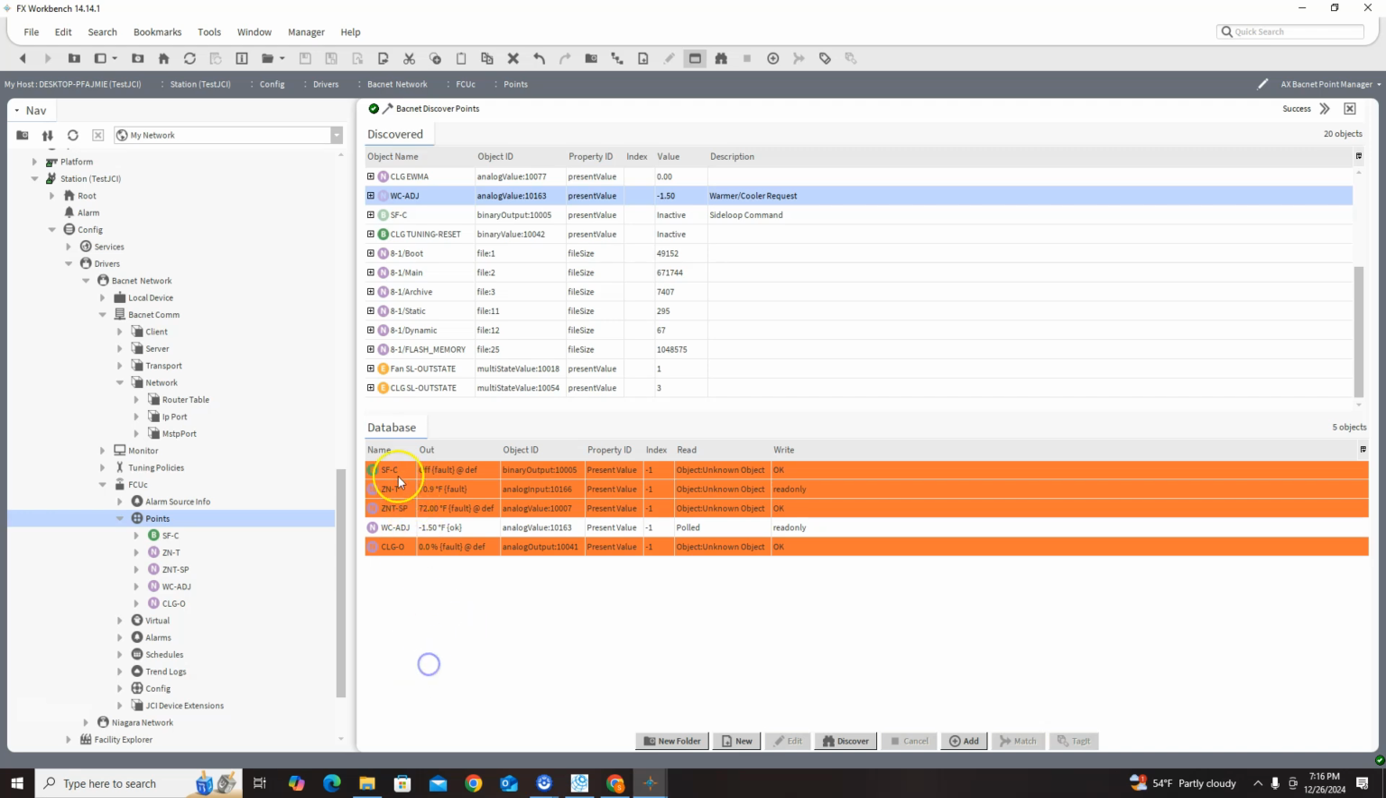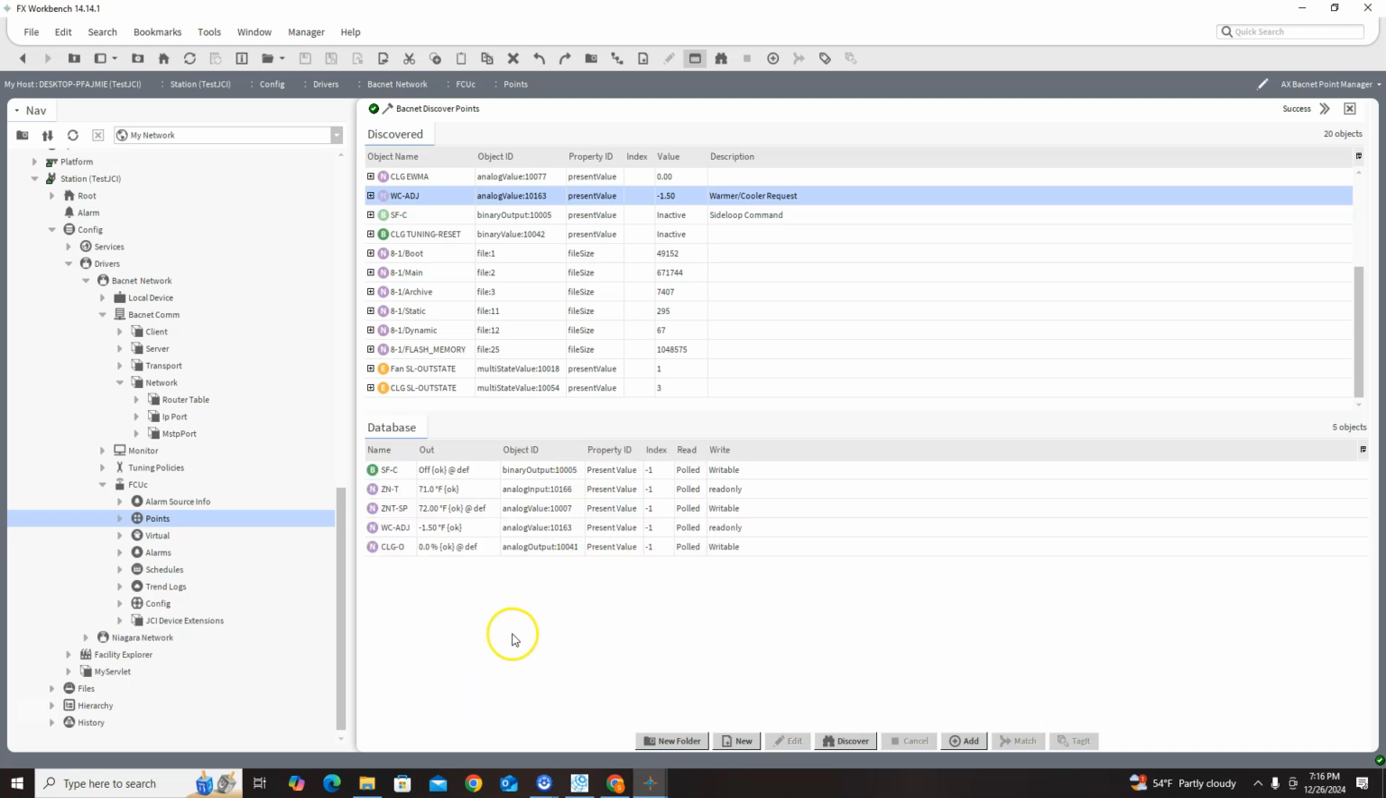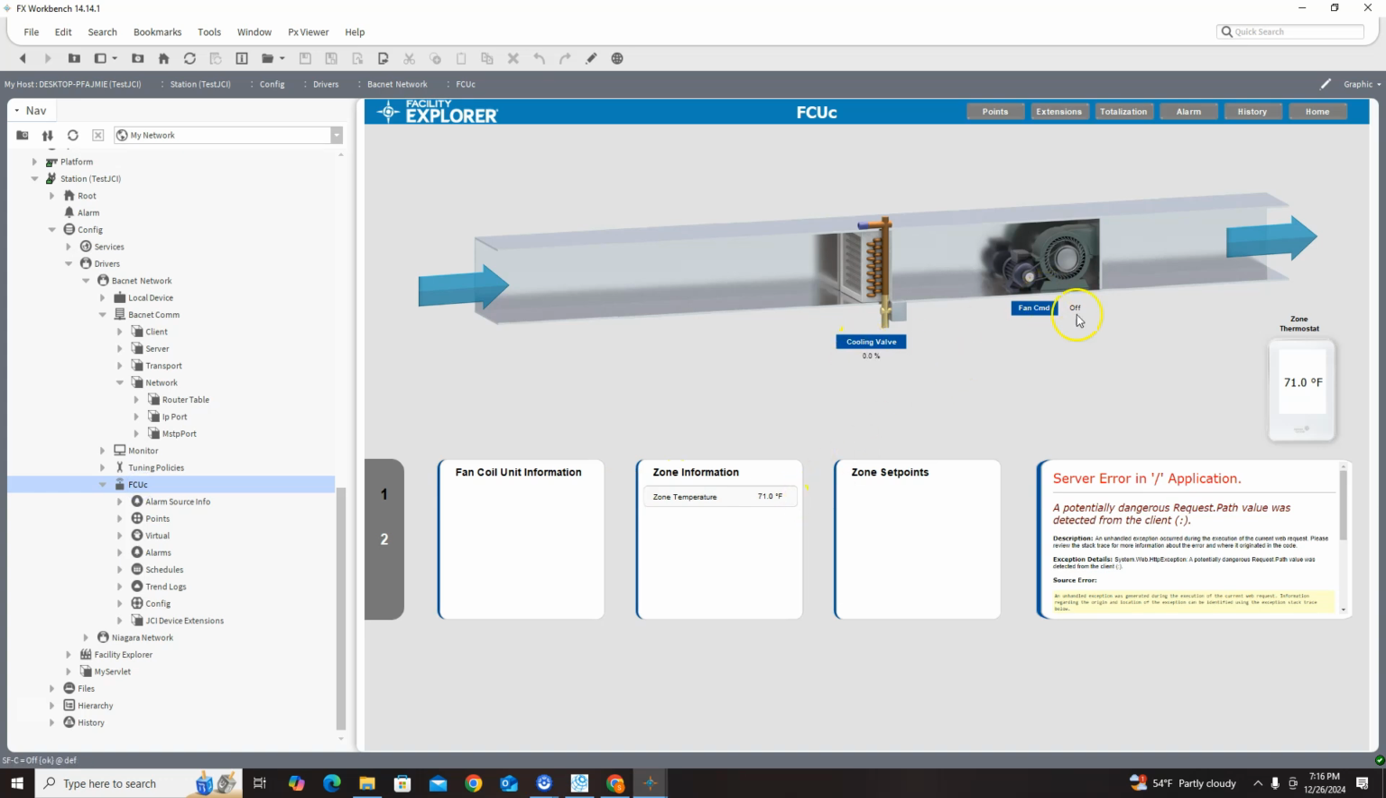Okay. Here's a trick here. Take these points, delete them out, Control Z, add them back in, and now all the staleness went away, right? Yeah, thank me later. But now all these points are working. If we were to add a hot water valve or something like that, we'd have to go find that palette, which is going to be here